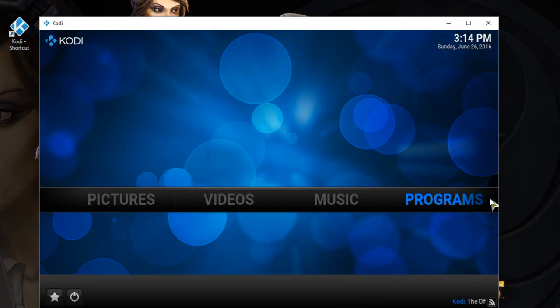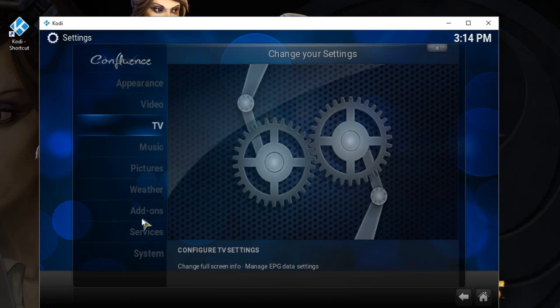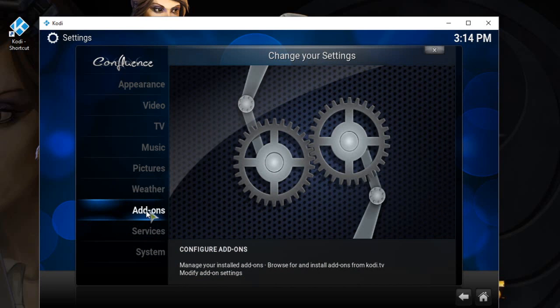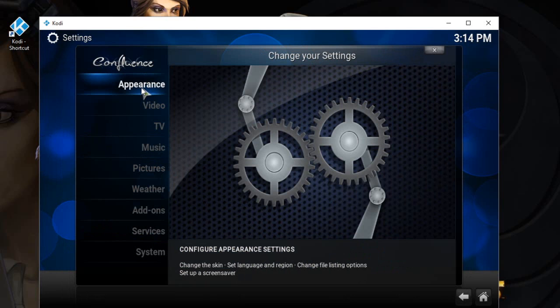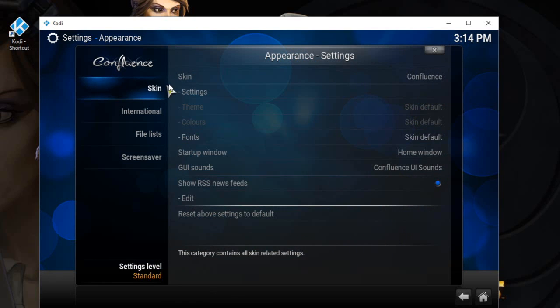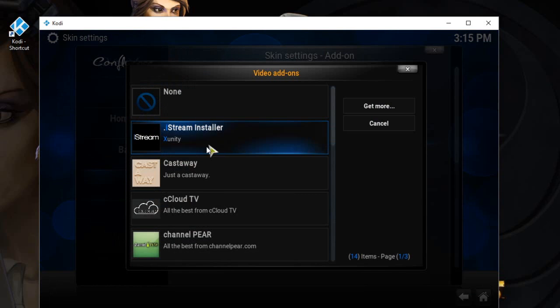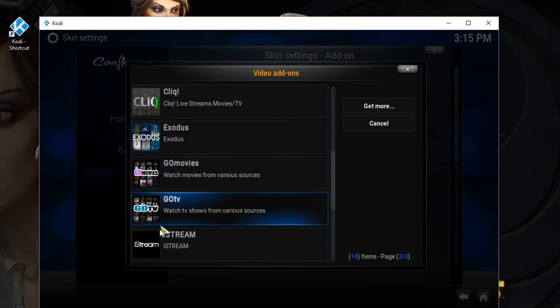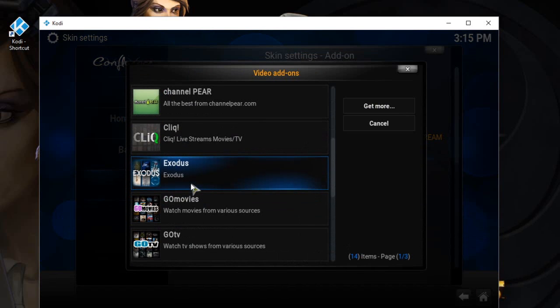Okay, the next thing we want to do is set up some shortcuts. So I need to go to System and Settings. And then we go to Appearance, and Skin and Settings right here. And then Add-on shortcuts right here. Okay, so here this is. My wife likes iStream, so we'll put that there. And then I like Exodus,